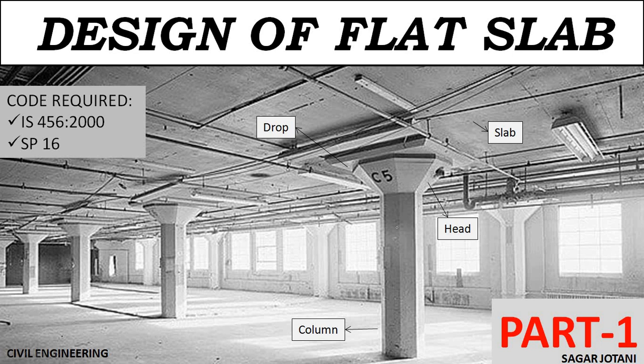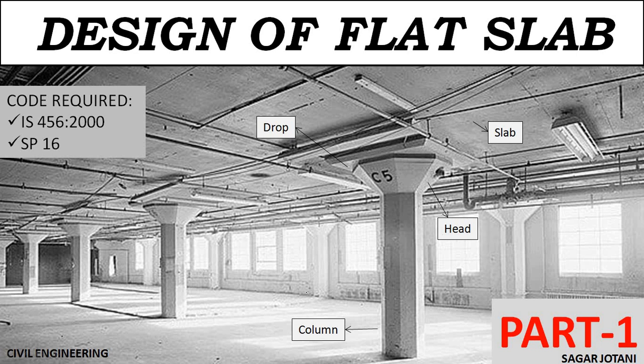Here you can see the picture provides the flat slab, and you can see the different components of the slab. Here you can see the drop in the rectangular portion, which shows the drop. Here is the slab, and here the octagonal shape shows the head, the column head you can say, and the column. So there are four kinds of components: slab, then drop, column head, and column.